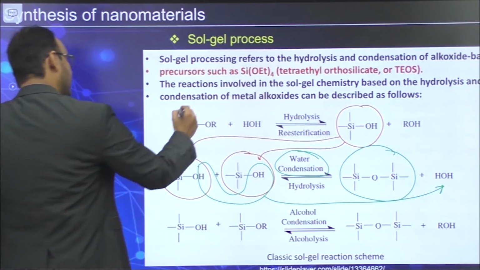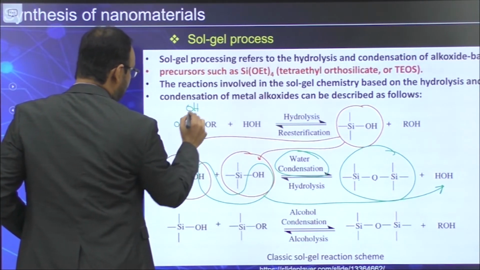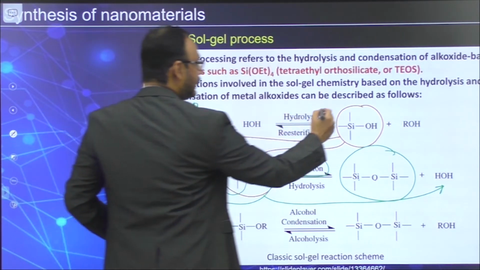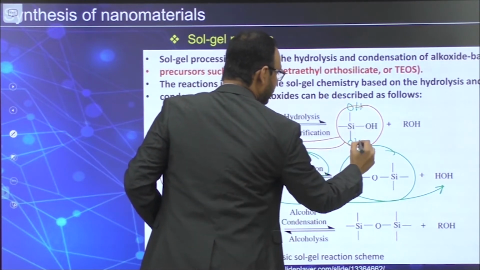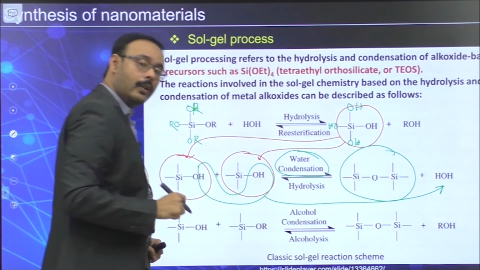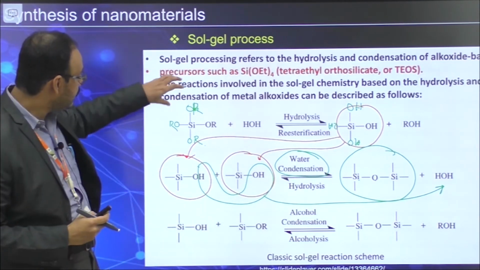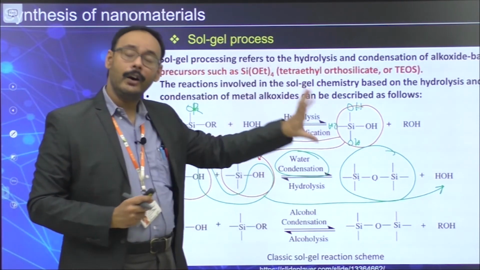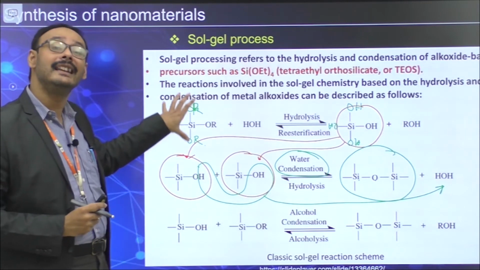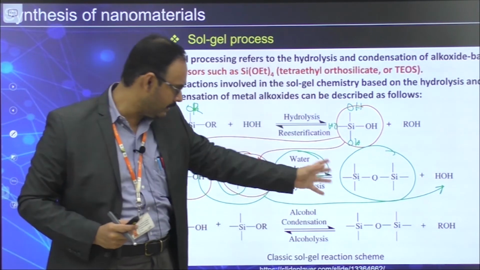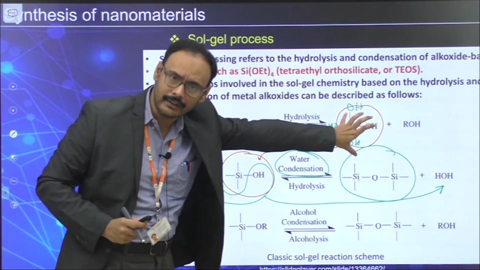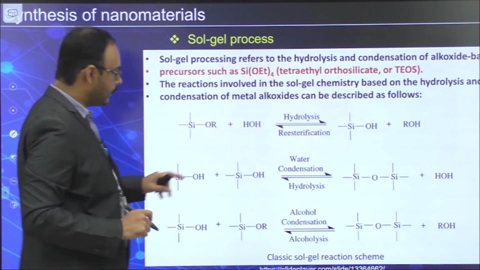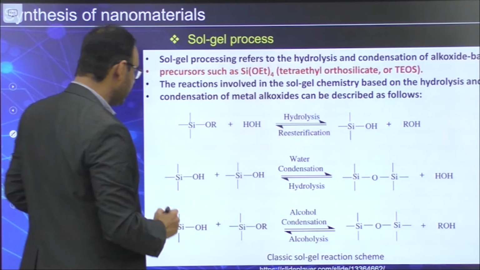Now you can have OR here also, and in that case you will end up with hydrolysis of 4 OR linkages, right? So depending on what is the degree of hydrolysis, you will end up having different structure. But the thing is, first, once you have hydrolysis, later you are going to have water condensation to give you